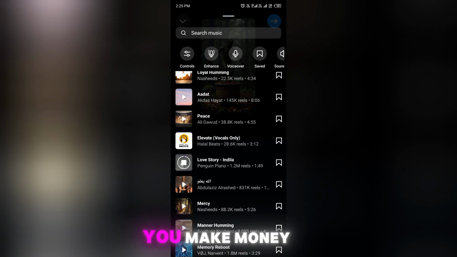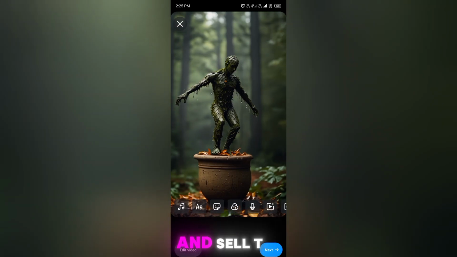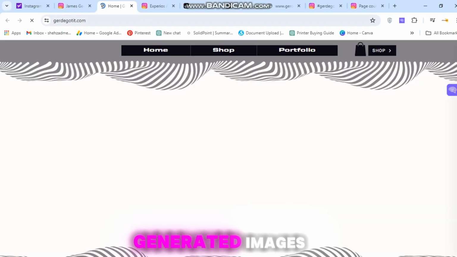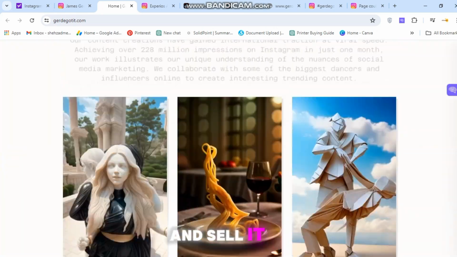Now, how can you make money from your AI video? You can create and sell t-shirts with AI-generated images. Put the image on the front of the t-shirt and sell it. You could earn